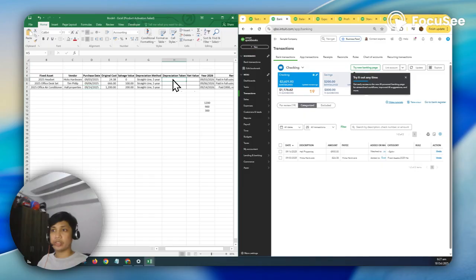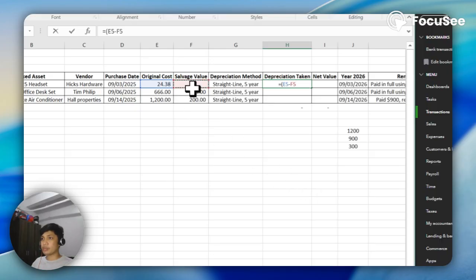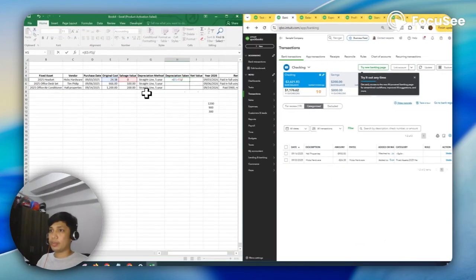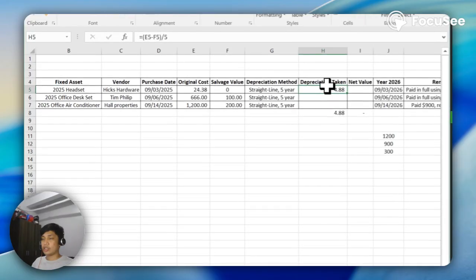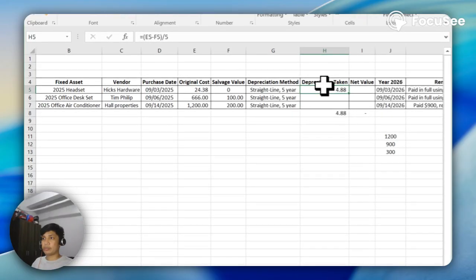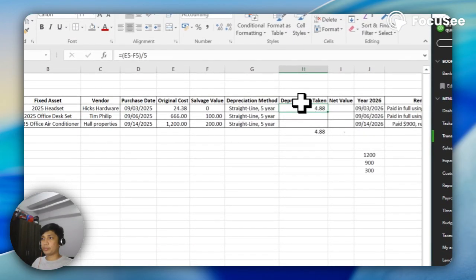So how do we compute the depreciation taken each year? Very straightforward. You just take the original cost minus the salvage value, divided by the lifetime, in this case 5 years. So each year this headset will depreciate by 4.88 USD.